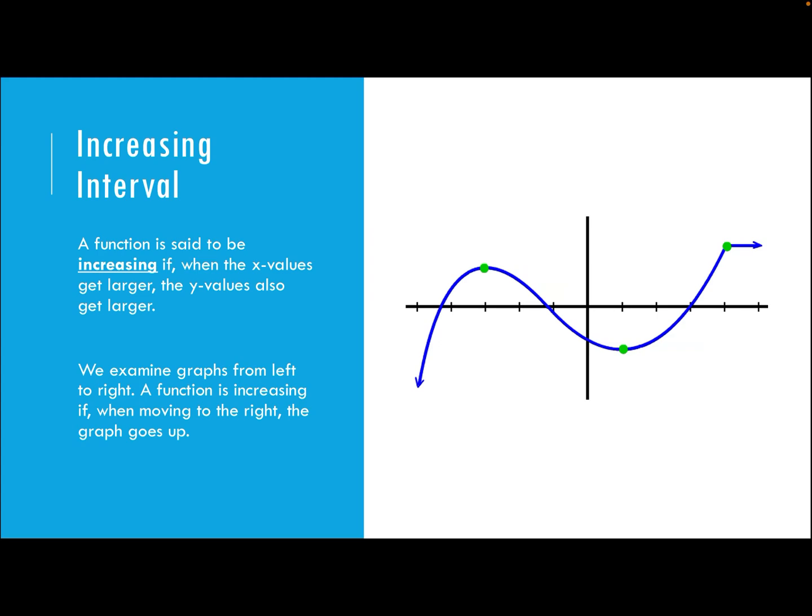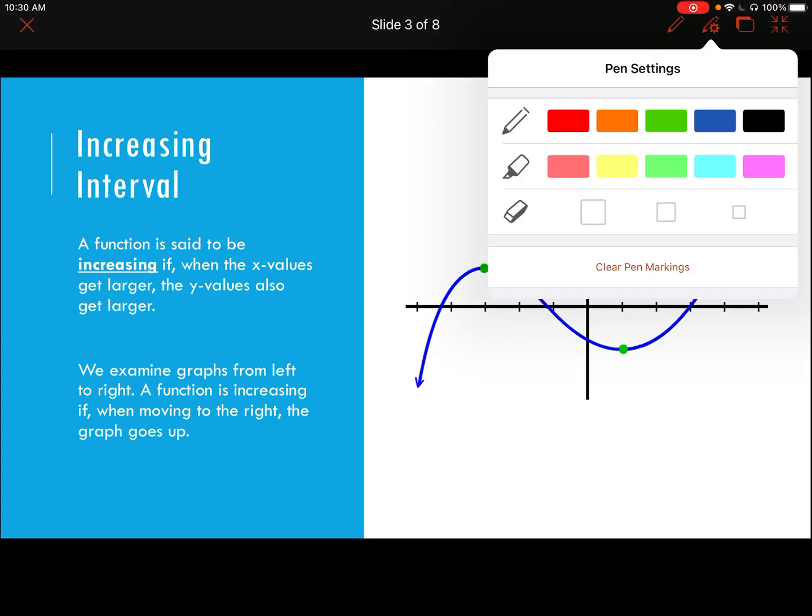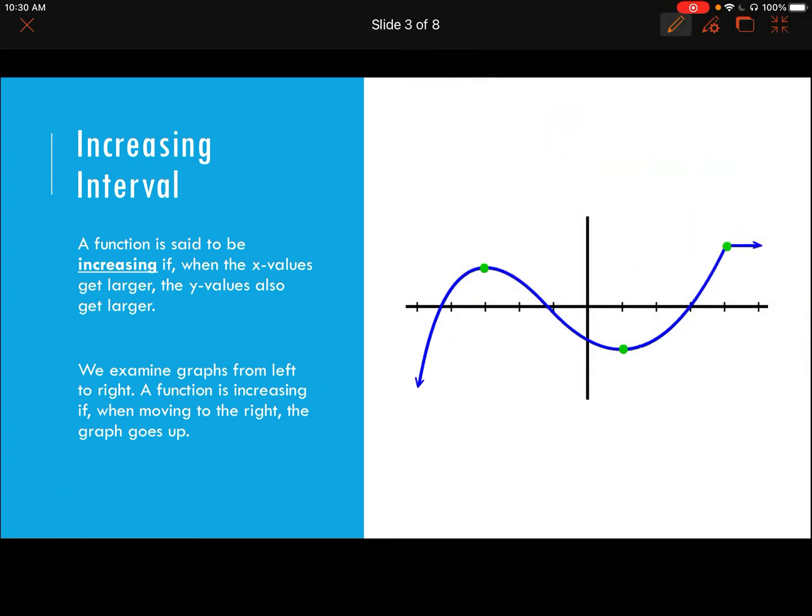When we're looking at a graph, what that means is that if we trace the graph from left to right, when we continue to go right, the graph continues to go up. So let's get a different color. Let's go with orange. So if we trace this graph, we'll see that from, we'll say negative infinity to,